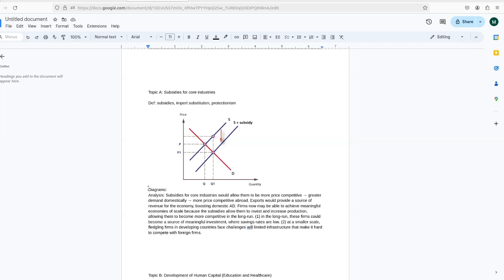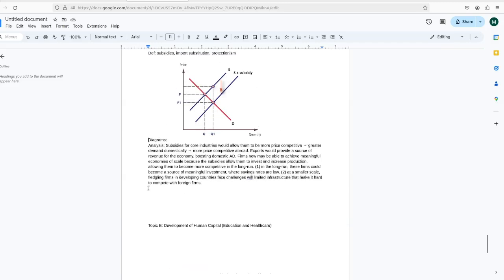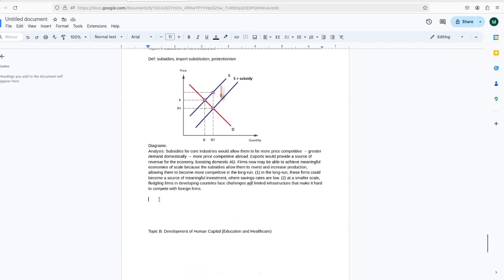So I think, again, you can show this as a reflection of the fact that subsidies are allowing firms to achieve increased output. This is also good for consumers because you're lowering prices. So I think you could also mention that in your analysis. And then for my evaluation, I might point out firms may face significant challenges,